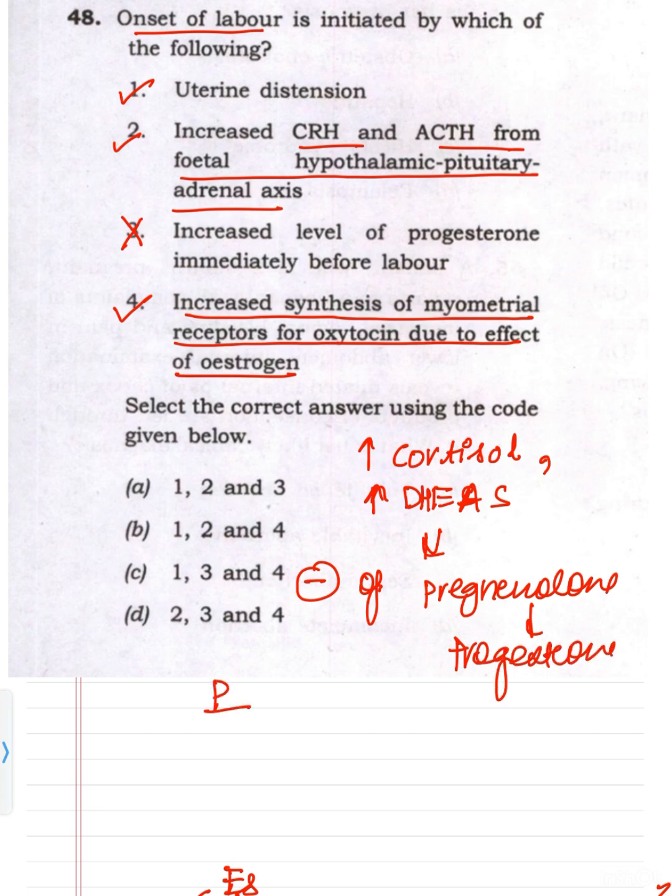So the ratio of progesterone to estrogen gets altered. That is, progesterone is falling, estrogen is increasing. Why is estrogen increasing? Because of the cortisol. Why is cortisol increasing? Because of the activation of the fetal hypothalamic pituitary adrenal axis. So that's why this decrease in the level of progesterone leads to the labor onset. So the third one is incorrect. So the answer will be 1, 2, and 4. So B will be the